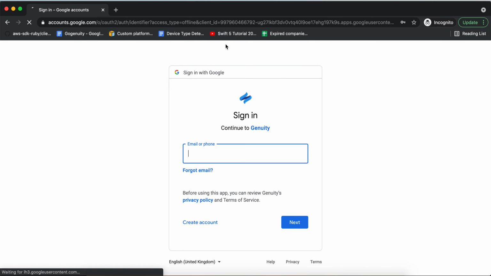So this is the client ID, and once the user authenticates to all of our required scopes, it is redirected back to this screen.